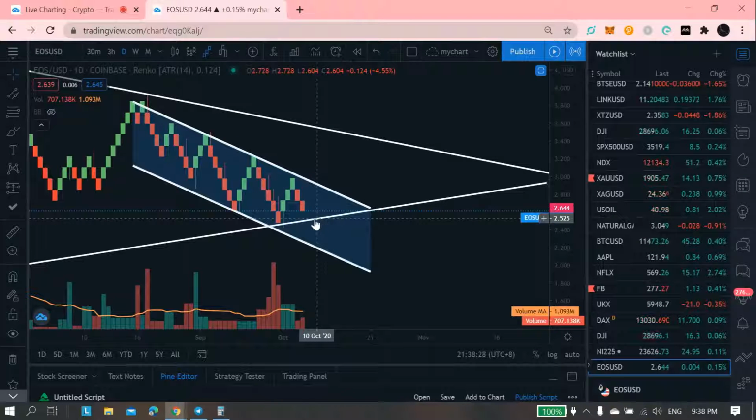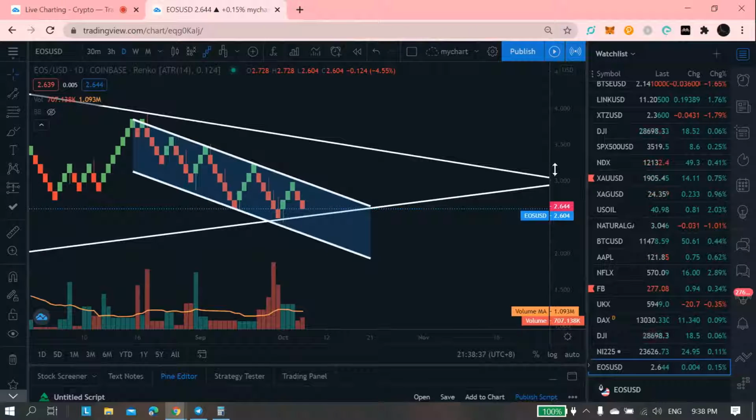But I'm currently looking at the support of around 2.5 and of course the resistance around the $2.90 for EOS. So next,